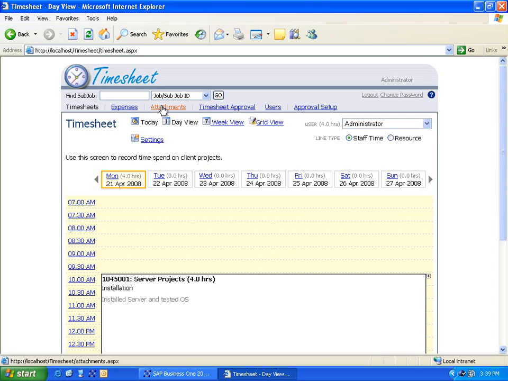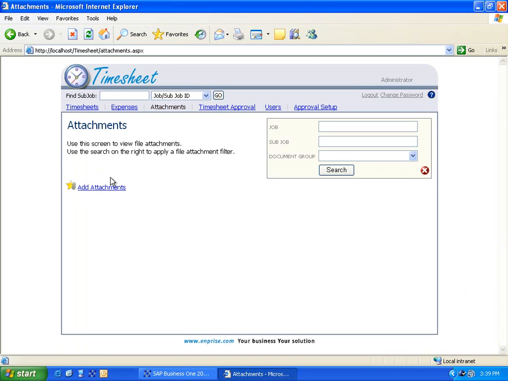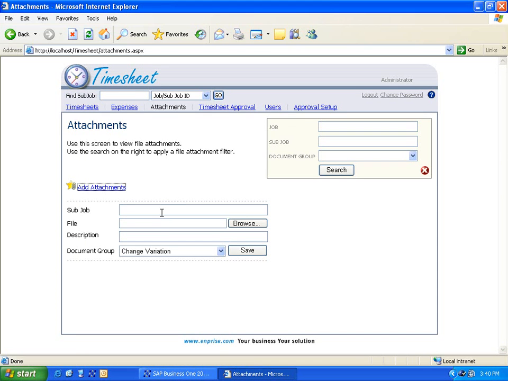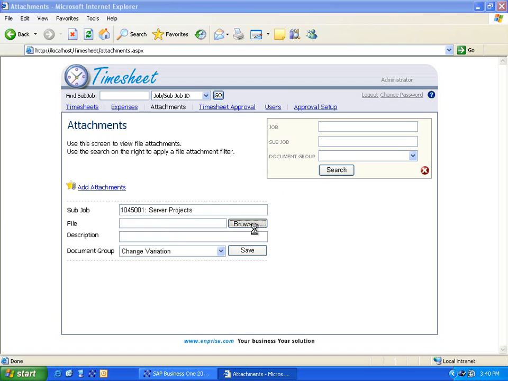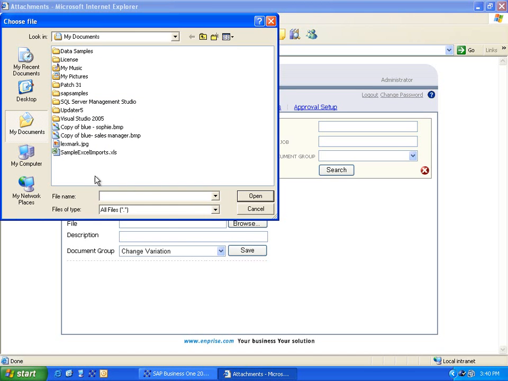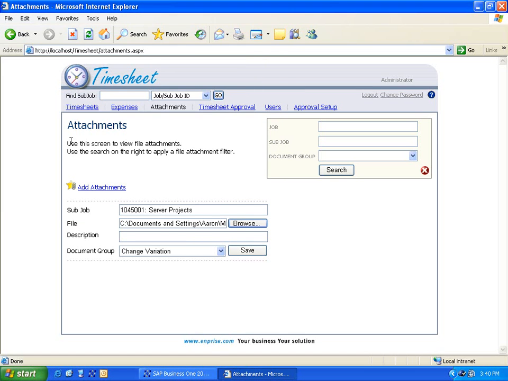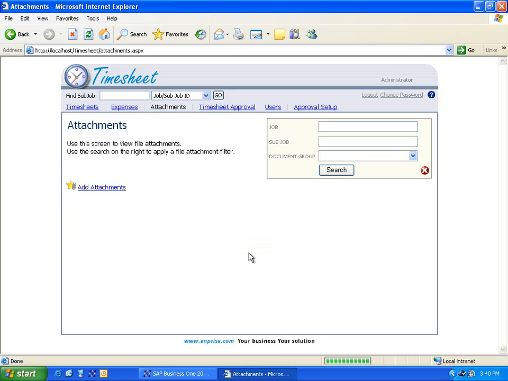In addition, we can add attachments, perhaps a scan of the warranty documents or any other document that we have. We would just pick the particular job we want to do that for and pick a file out on our hard drive. We'll just go ahead and pick this picture of a printer as an example. And that's done. So we've entered time against the job, and we've purchased against the job, and we've put an